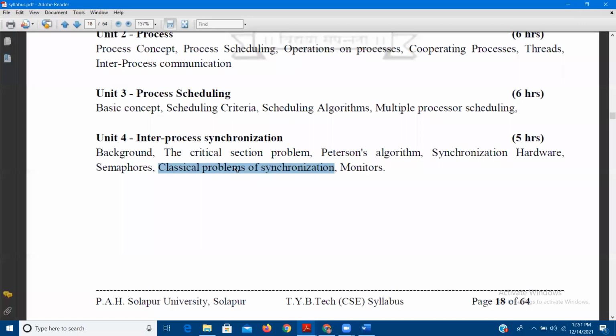Out of these three, we are going to discuss only the last two, because the first one we already know: what the producer consumer problem is and how to provide the solution. We need to design the constructs in such a way that the consumer C1 should consume the item produced by producer P1, or consumer C2 should consume the items produced by producer P2, and so on.